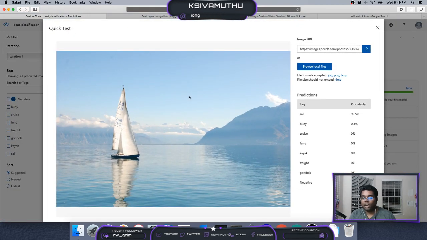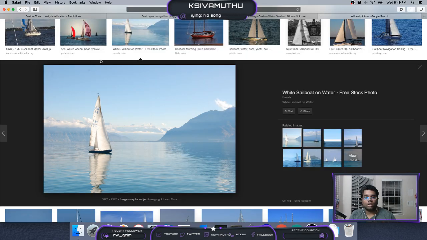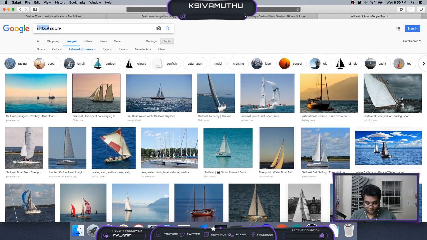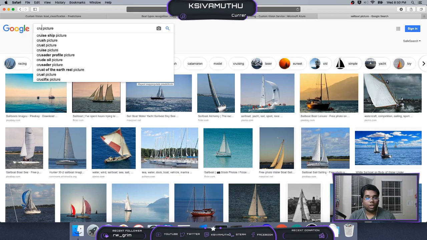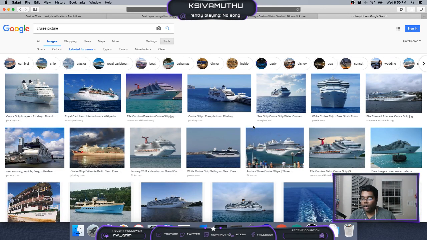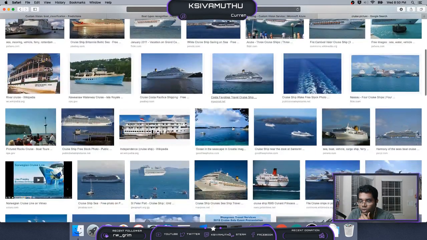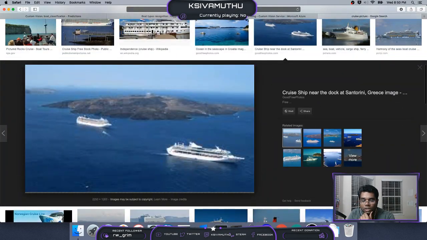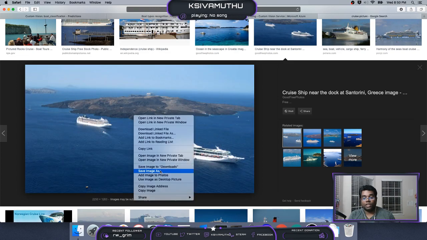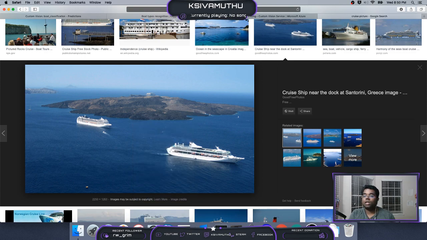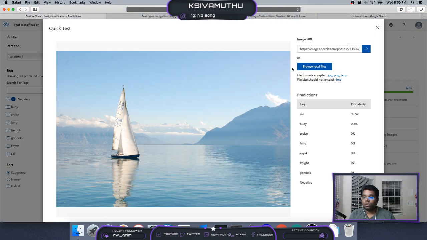Let's try with the other boat types, for example, like ferry or cruise. Let's go to the cruise ship picture. Let's take a little bit tough one to find. Let's take this one and see whether it's able to figure out if this is a cruise or not. I'm copying the image address here, same thing, going to the portal,